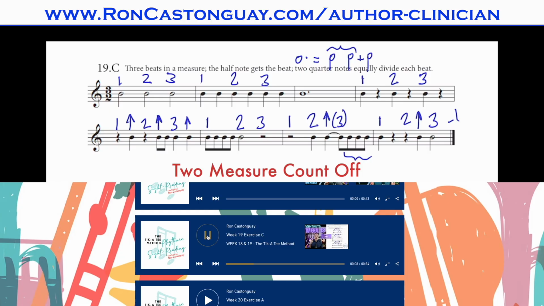One, 2, 3, 1, ready, and. Ta ta ta ta ta ta ta ta ta ta ta ta ta ti ti ta ta ti ti ti ti ta ta ta ti ti ti ta ta